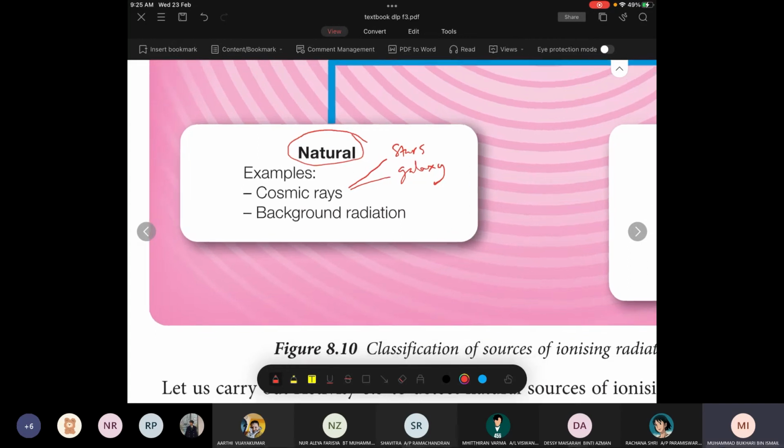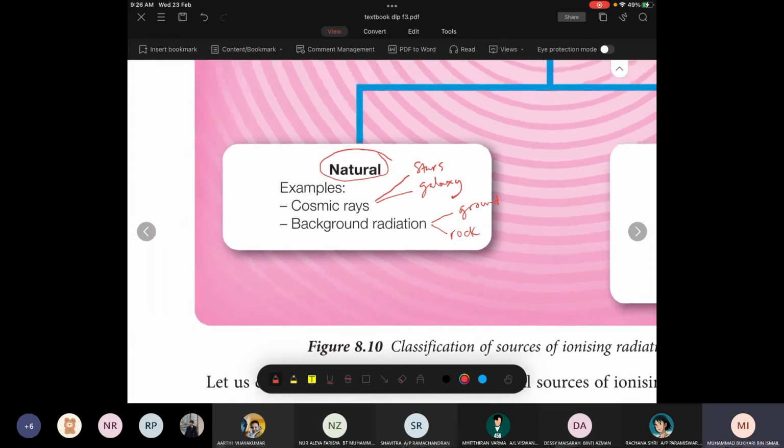Okay, and another one is background radiation. Background radiation, for example, comes from the ground, because the ground contains minerals and rocks. They produce radiation also. Something like rocks, they produce radiation. So we call this background radiation. So this is the natural source of